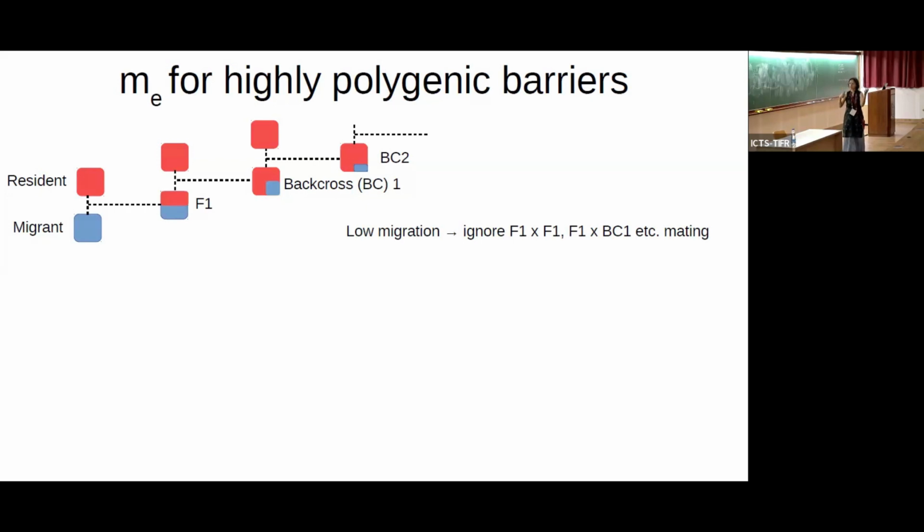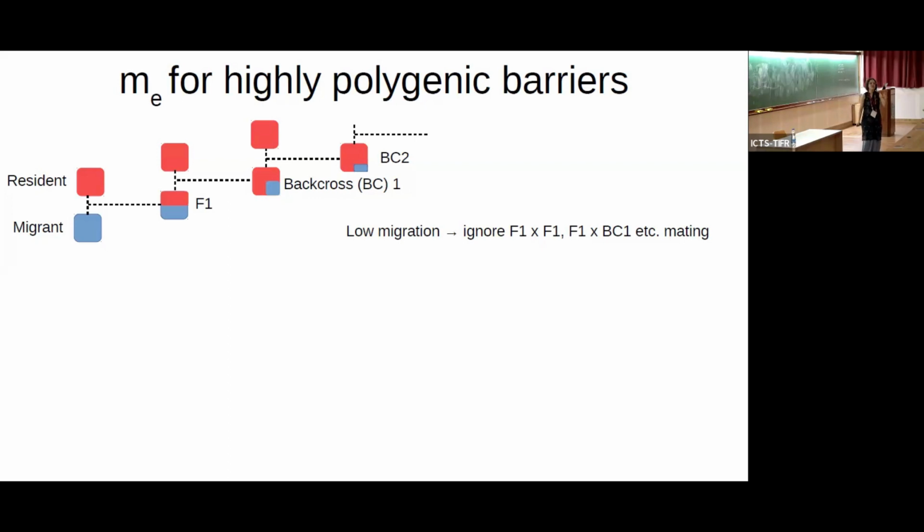I'll just use the next two slides to illustrate the basic idea of the theoretical approximations. So the simplification is that when we think of highly polygenic barriers, then roughly speaking, if you have two divergent populations, they differ at 100 selected loci, hybrids are going to be somewhere midway, so they'll differ at approximately 50 loci from either of the two populations. So they're going to inherit half of the migrant parent's genotype and half of the resident parent's genotype.